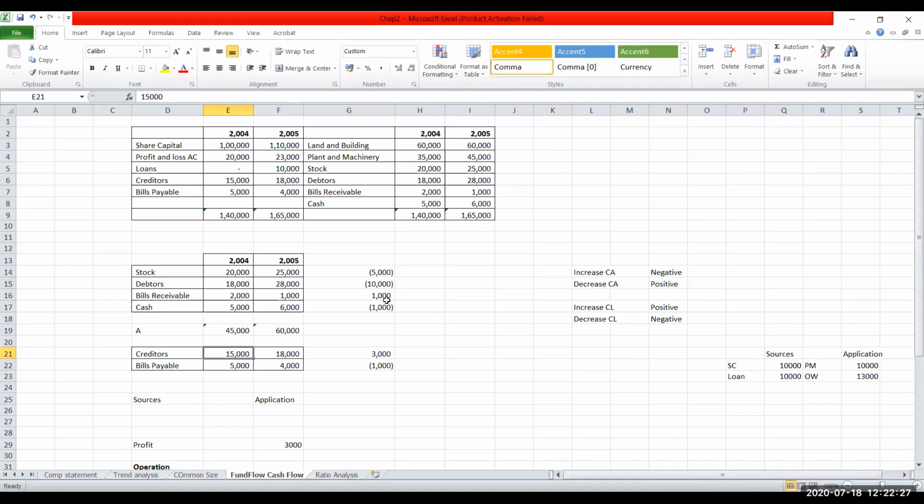So creditors, you had 15,000 last year. So that means this year it is 18,000. That means it's a good sign actually, because you have not paid 3,000 to him. You have retained that money in your business. Right. The 3,000 is,